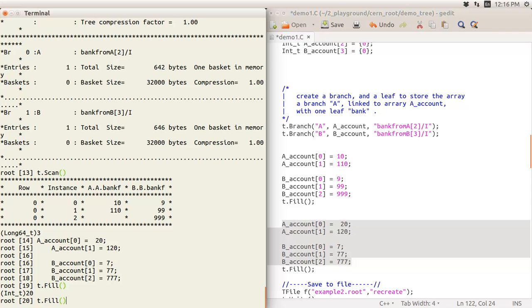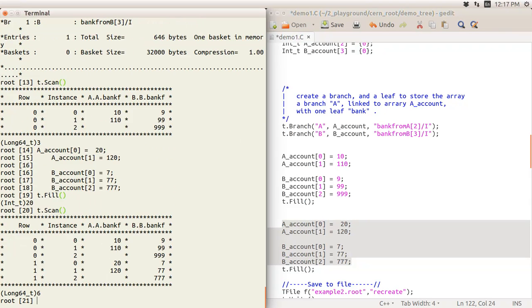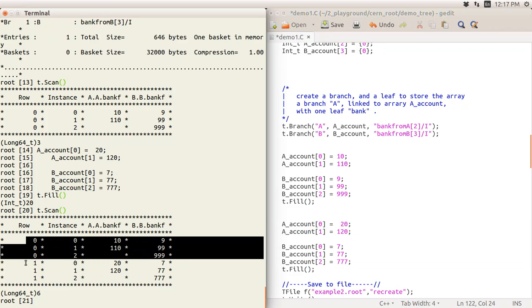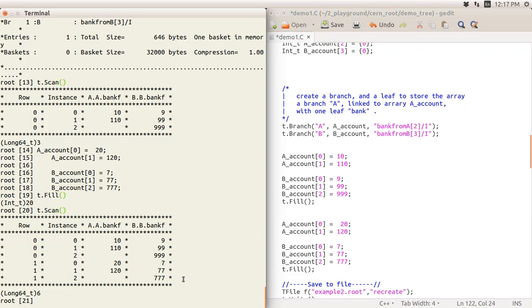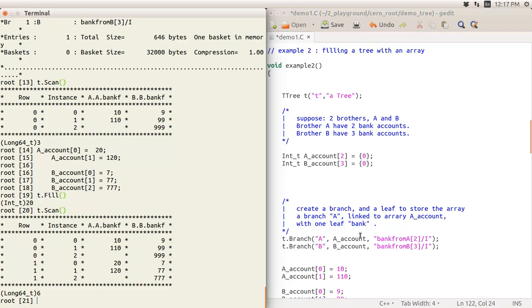So now we see what happened by T scan to scan through the entries. You see this is the first entry here. The second entry is here. So we see this is the A account first element. This is A account second available element here. So we successfully linked the array to a branch,